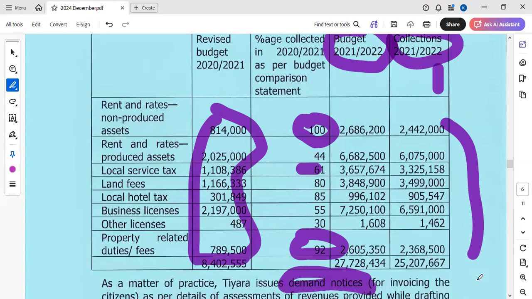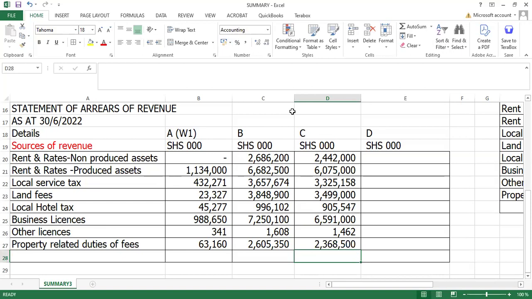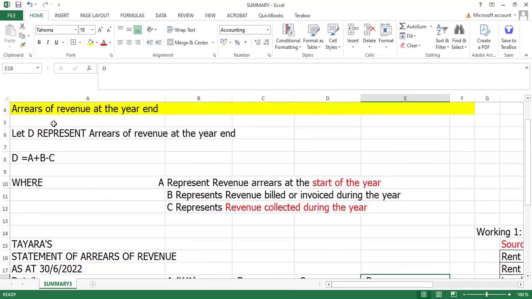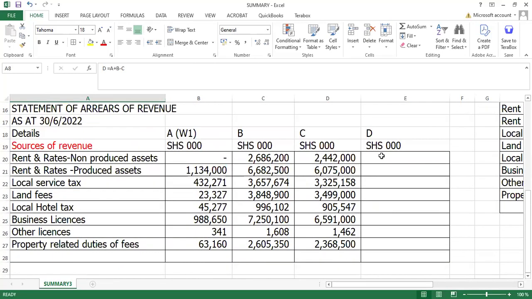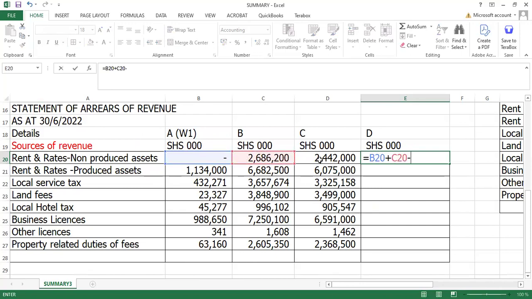So simply copy and paste these corrections. So that is our C. You simply pick the figures from the question. Then how can we get D? Already you have told the examiner that as I get B, I simply get A plus B minus C. So that's what you're going to do. You're getting A plus B, then minus C. That's what you're doing. And the D is what you have not corrected